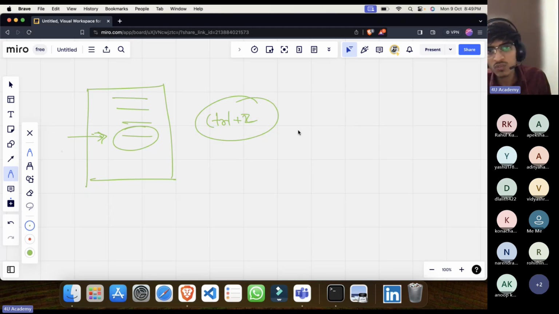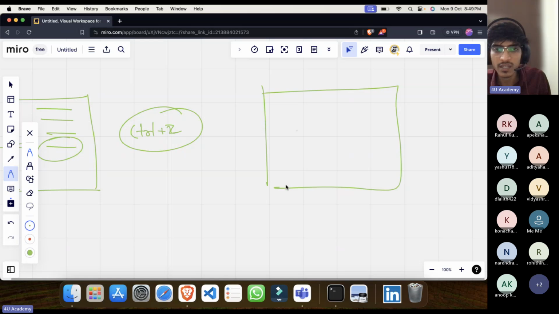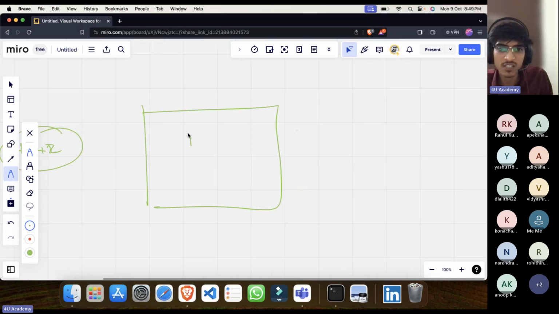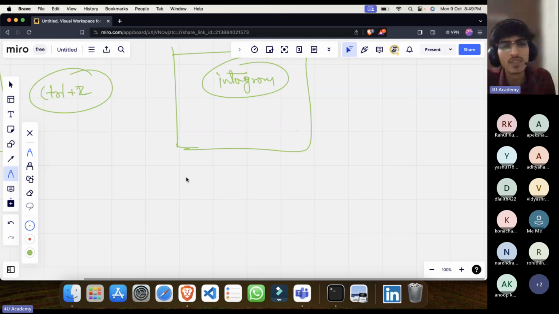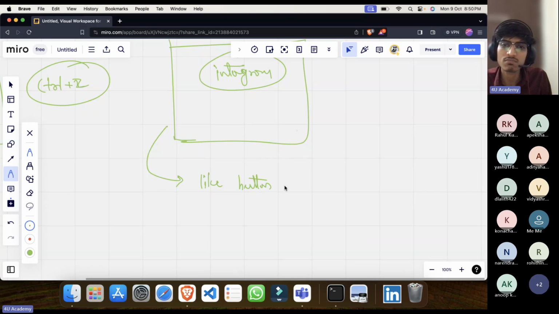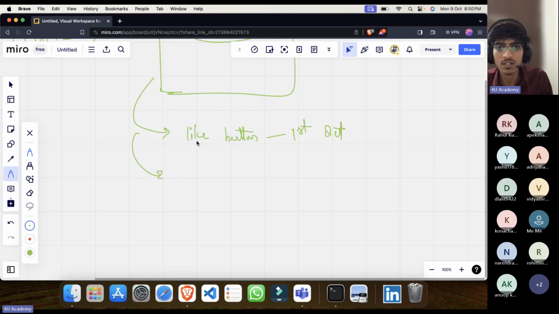But when you are working on big projects, let's say you are working on Instagram. You are selected for FANG companies and you are at Meta and you are working on some Instagram features. They ask you to work on that app and you created a new feature. Let's say a like button. Already there is a like button, but let's say you created it and you did it on 1st October. Then you again started coding and after 3-4 days you created one more new feature. Let's say a comment button.